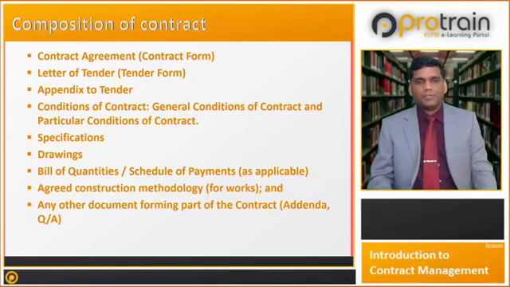In case of EPC nature of work, draft layouts and conceptual indicative design drawings are thought to be sufficient. Bill of quantities and schedule of payments, as applicable, should be included in the contract. Bill of quantities is a list of items giving descriptions and estimated quantities of works to be executed under the